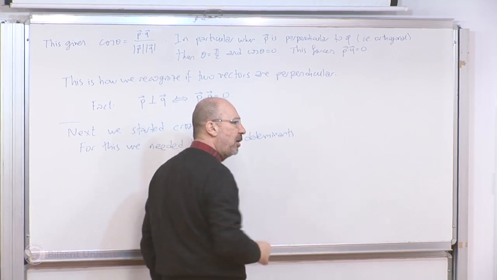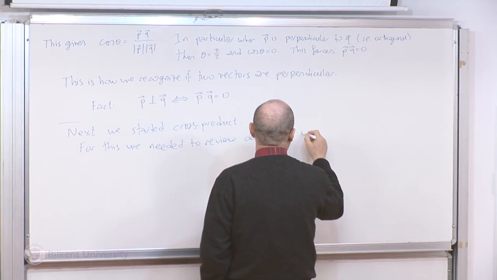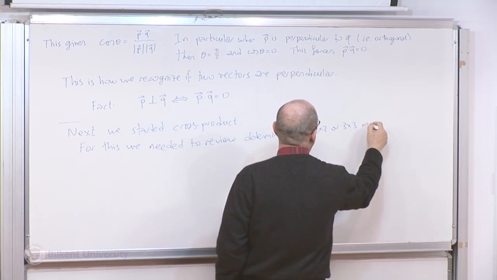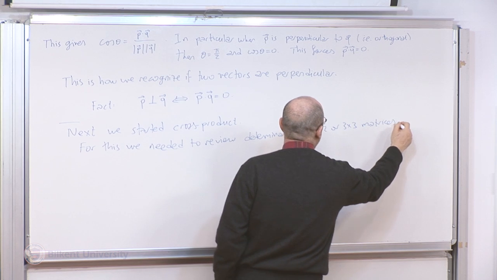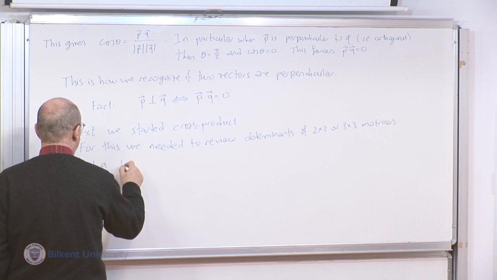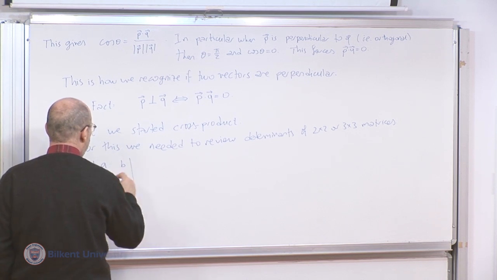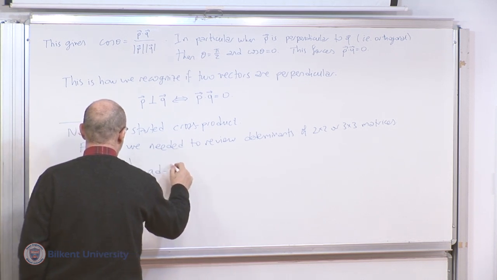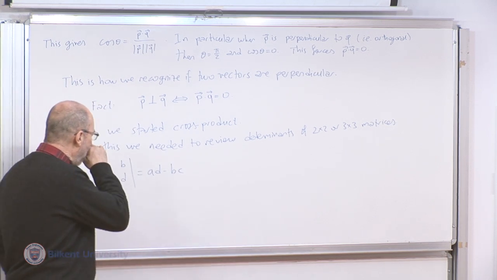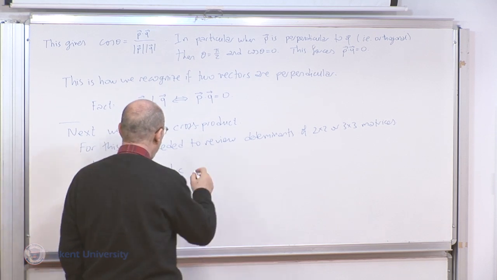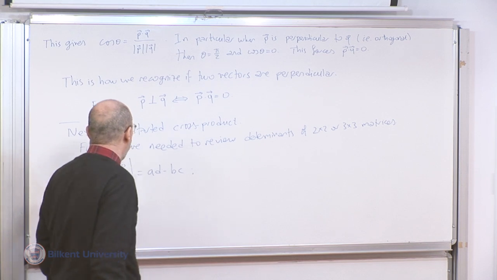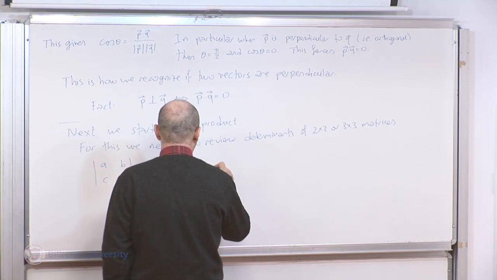But fortunately, we need only 2 by 2 or 3 by 3 matrices. Okay, the determinant of a 2 by 2 matrix, if these are numbers, is AD minus BC. Here what we want to remember is that it is easy to see that this determinant is 0